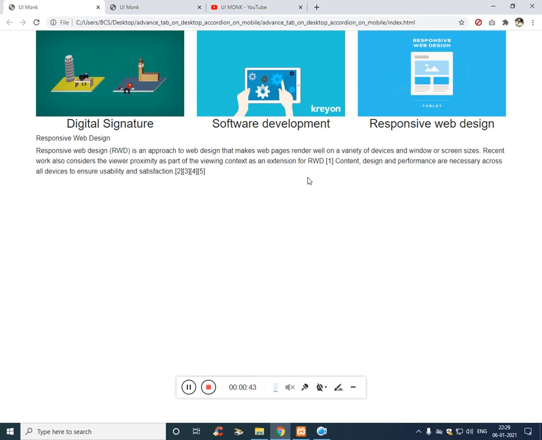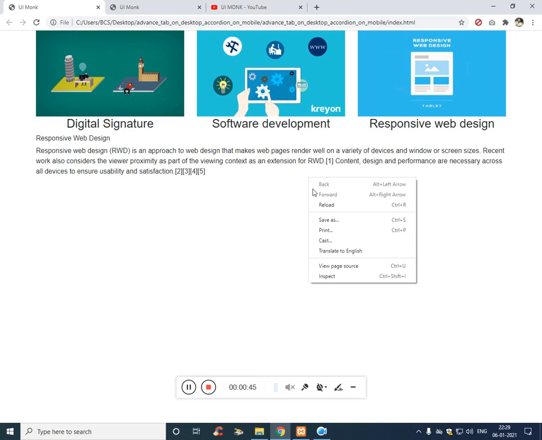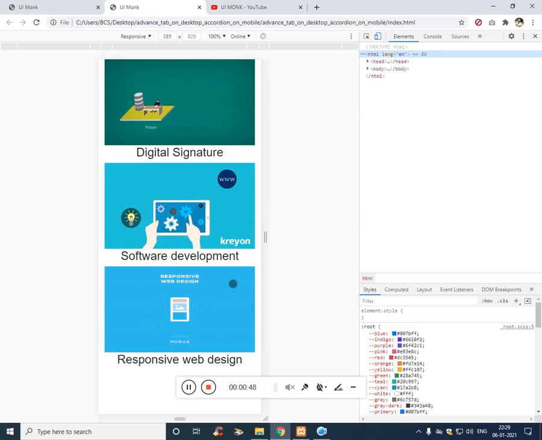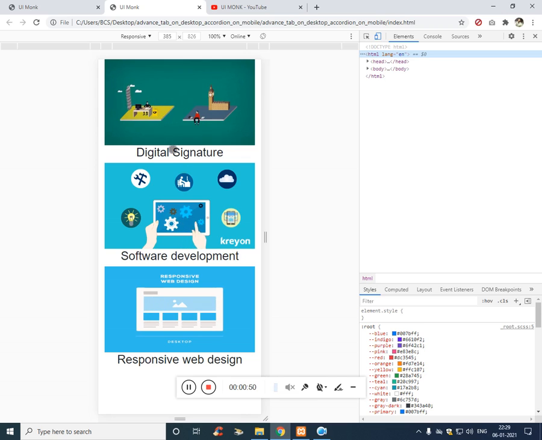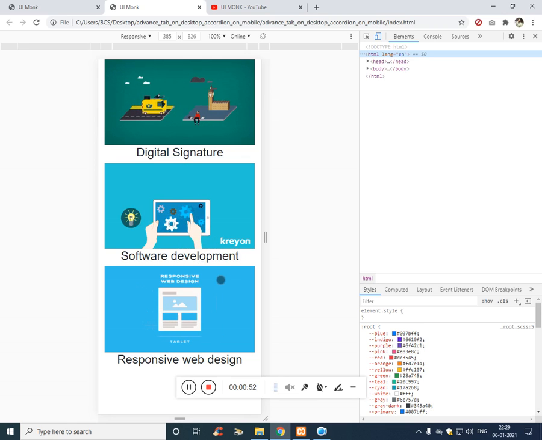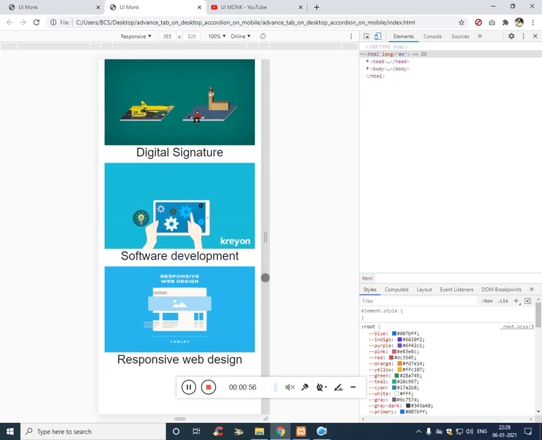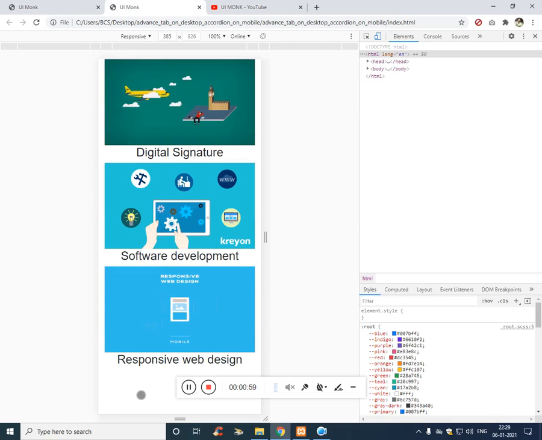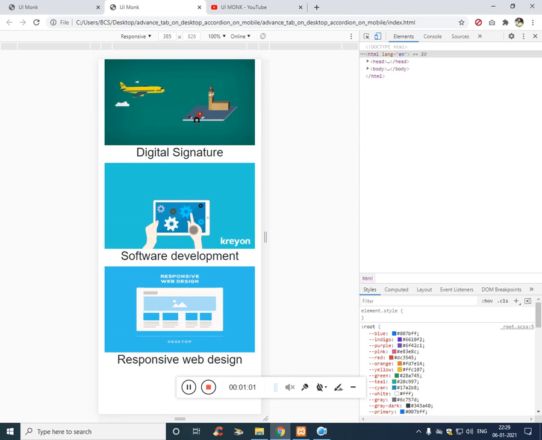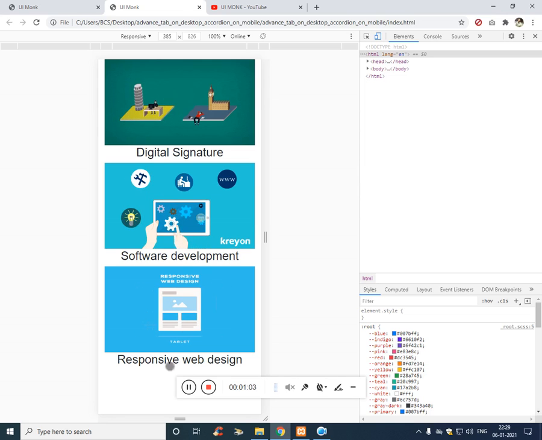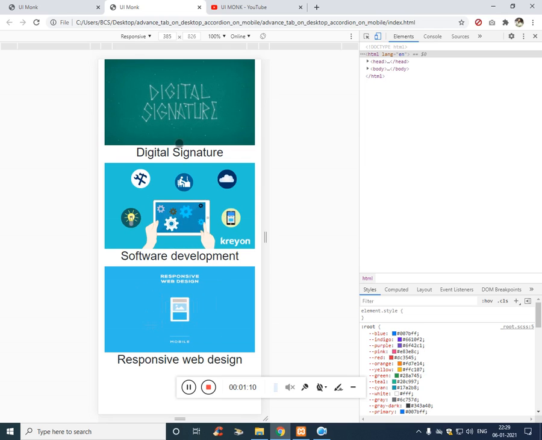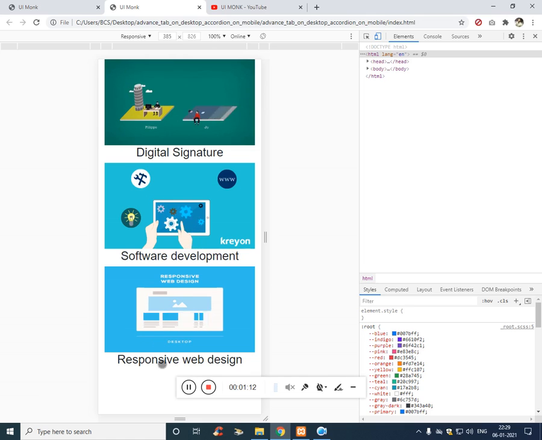the main problem we will be facing is on the mobile. If you click on inspect and get into the mobile version, and you click on digital signature or software development, whatever data comes shows up below the responsive web design. Even if I click on software development, the data related to software development comes below the responsive web design. If I click on digital signature, the data shows up at the bottom, not just below the relevant